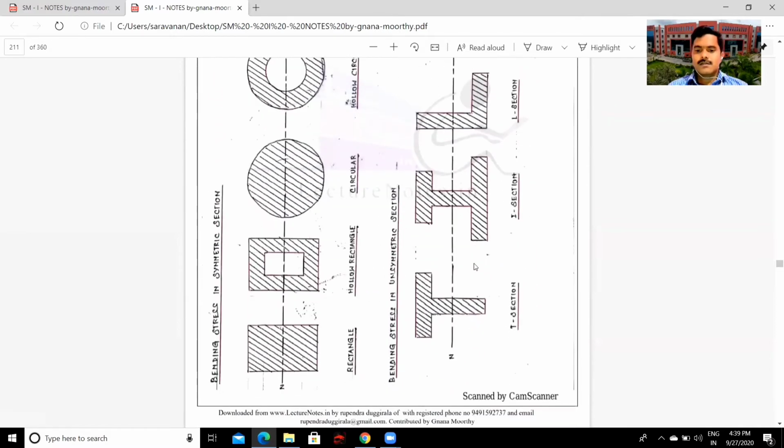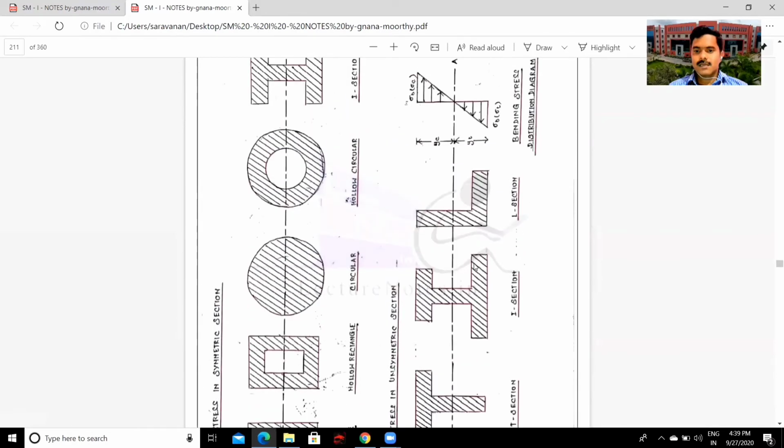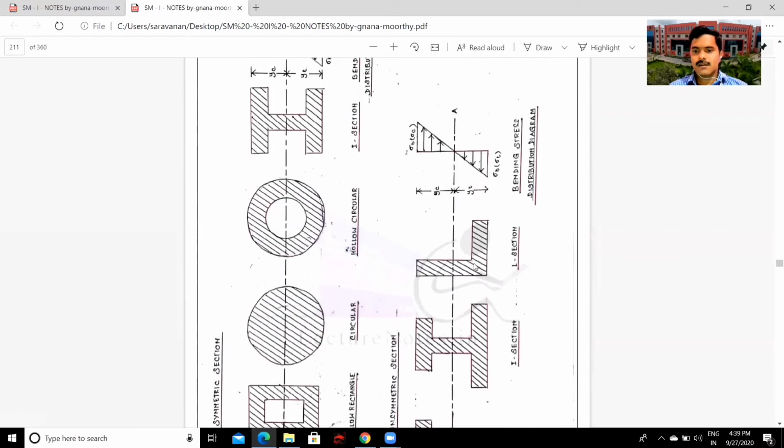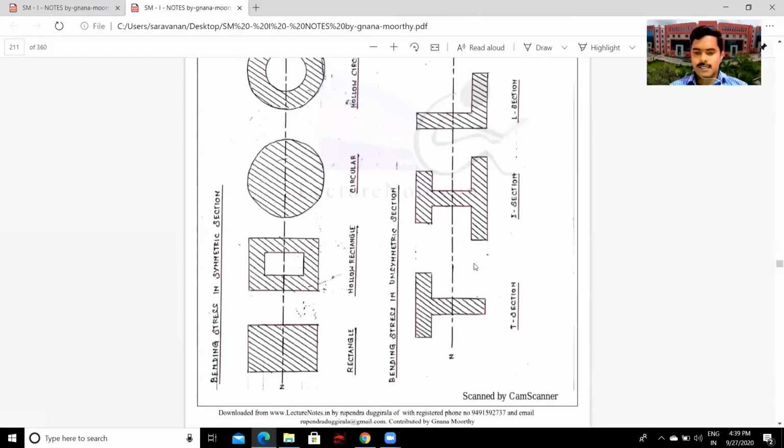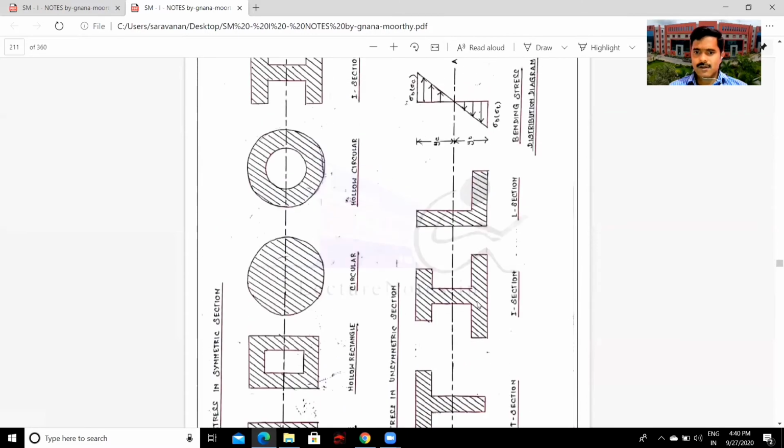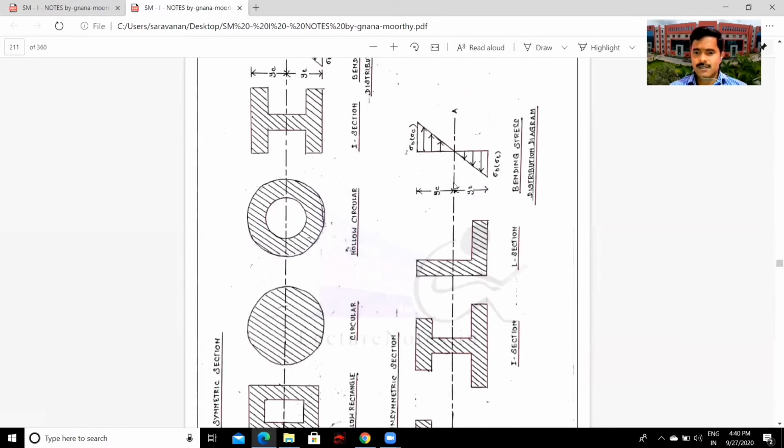And you can see this is also a T section, I section, L section, and so on, right? These are bending unsymmetrical. In the T section, you can see the top has less dimension and the bottom more dimension. This L section and all are unsymmetrical sections. So for unsymmetrical sections, there is also bending stress, and the neutral axis